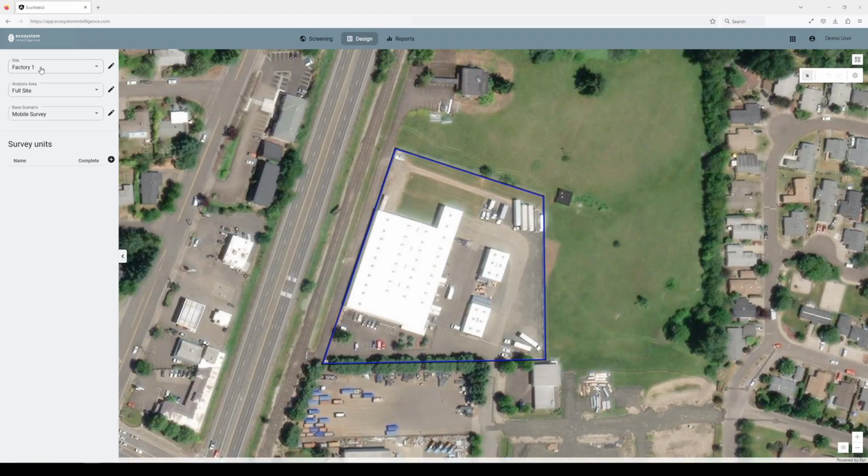All right, so now that we've created our site and our analysis area, and we have this base scenario, which is the mobile survey, what we're going to do is begin delineating survey units. Survey units are considered to be these areas of relative homogeneity. And so if we looked at this site, places that would